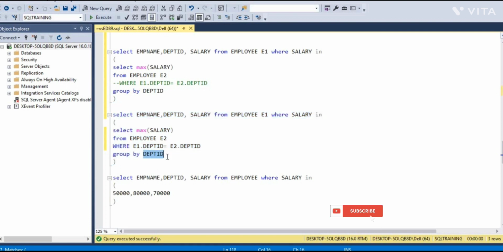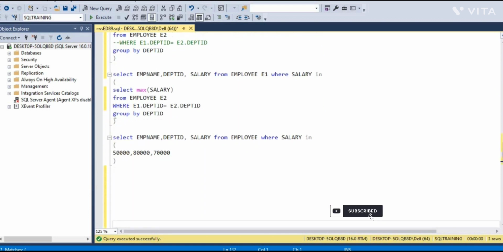This is a subquery because there is a query written inside another query. See, this is the query that is written inside another query. So this is a subquery, but not the ordinary subquery, because this department ID column is coming from the outer query. So this is called what? The correlated subquery. So I think now you have become familiar with the correlated subquery. So let's move on to the next topic called